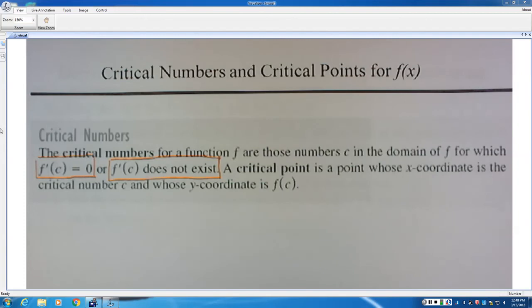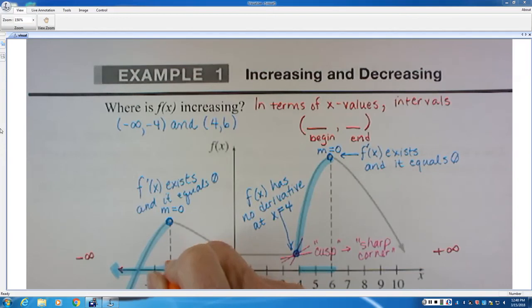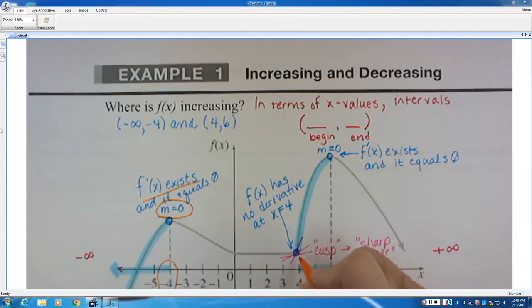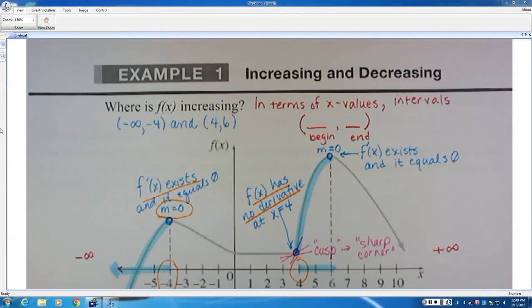So if I can go back here to the very first picture we looked at for just a second, just to illustrate this, the critical numbers for this function are -4, because the derivative is equal to 0, +4, because there is no derivative, and 6, because the derivative is equal to 0. Okay? So this function's critical numbers,